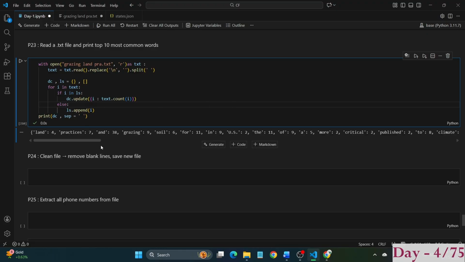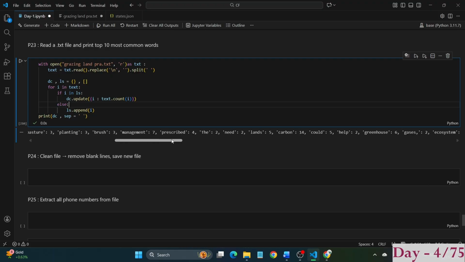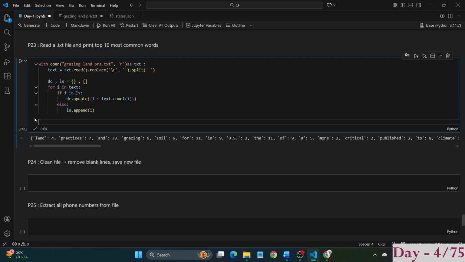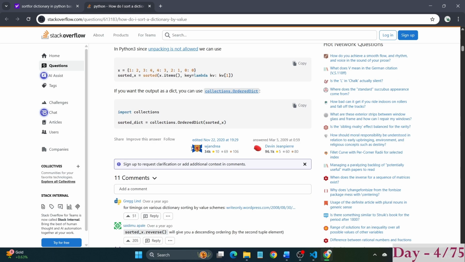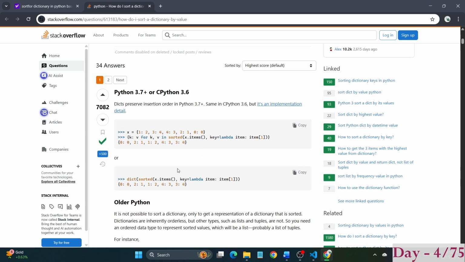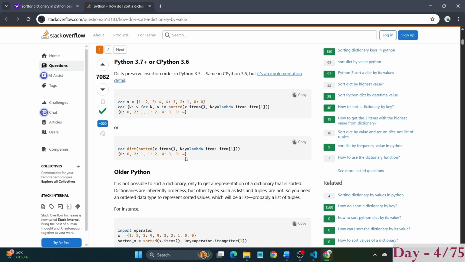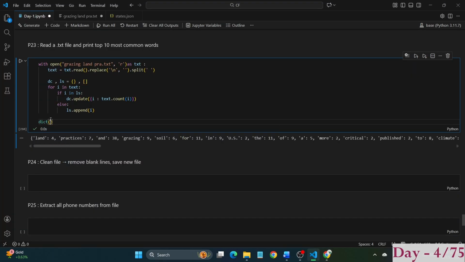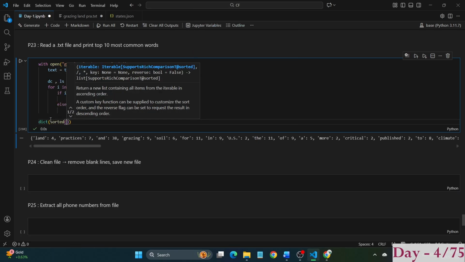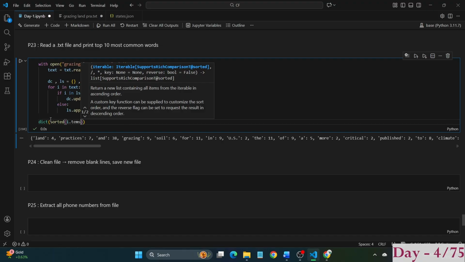Okay, so in order to get the highest occurrence of a specific word, now I will use sort. So I will sort the dictionary. To do that, I have seen one snippet where it is sorting the items of the dictionary, using dot items, and it basically sorts the values. So I'll follow this one. First get it in dictionary form, and inside the sorted function, I'm going to use a lambda function